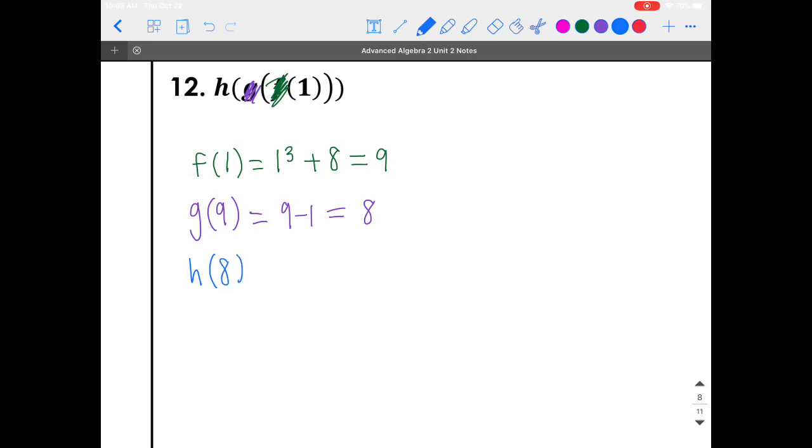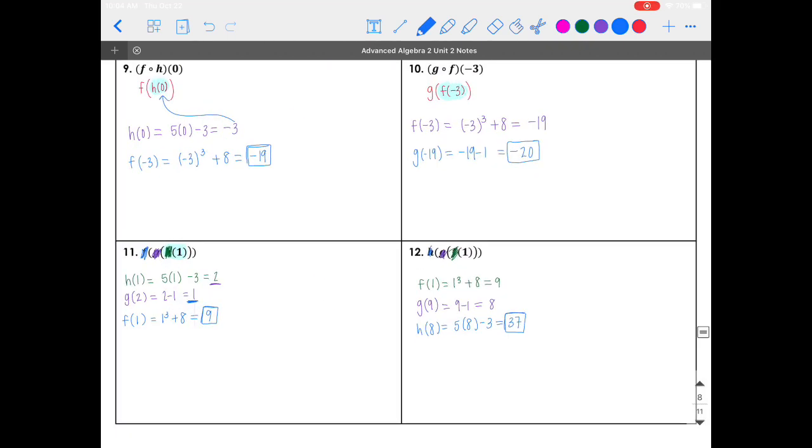Got g done. And then I'm going to move to h. H of 8 is 5 times 8 minus 3, which is 37. And that's my final answer. As always,